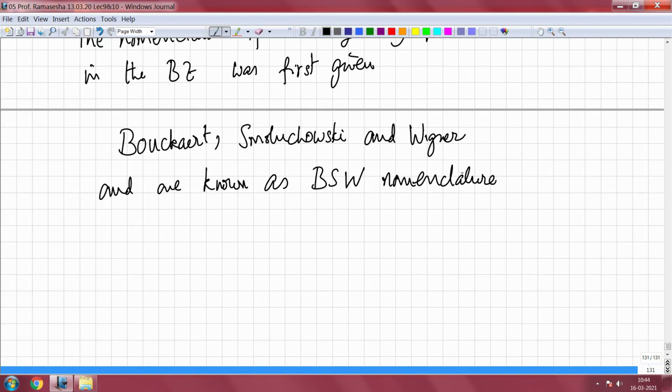This is usually universally used when people are describing energy band structures of various crystal systems that they would calculate for. Okay, so I have shown so far what is the region in k space that you have to work with in the Brillouin zone, and then I have also shown how the energy levels can be drawn along a particular symmetric contour in the Brillouin zone by showing the correlation diagrams, and the symbols for these points are given by BSW, and so you use the BSW.